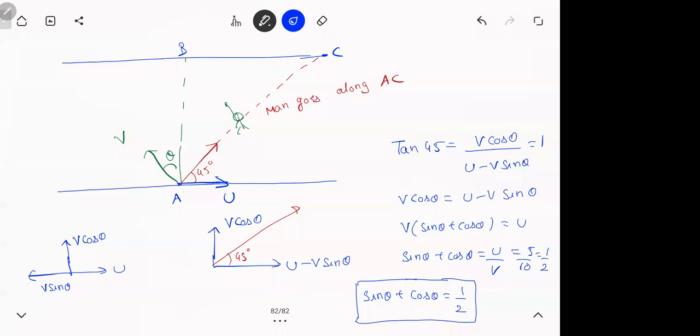Have a look at this. So if you see, this is how we always start the problem. Let him swim at an angle theta. This time, the only difference was that the resultant is not along AB, but the resultant is along AC. So have a look at this. Any particular step you didn't get, not convinced, please ask me.